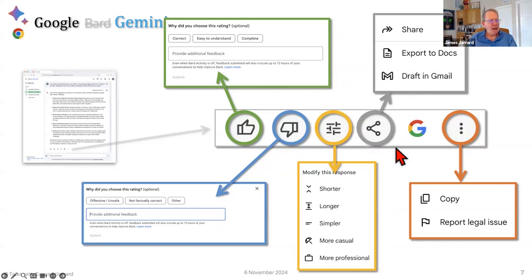Share. This is the one I like the best. Export to Google Docs. That's their word processing. If you're in the workaday world, you know Google Docs. Or you'd go to Google Gmail. You can send a response to Google Gmail, or you can report issues.